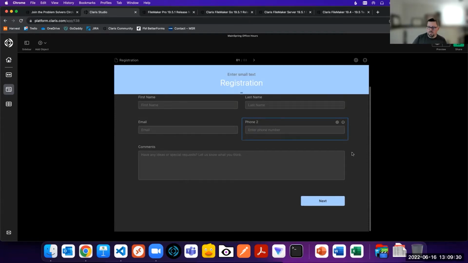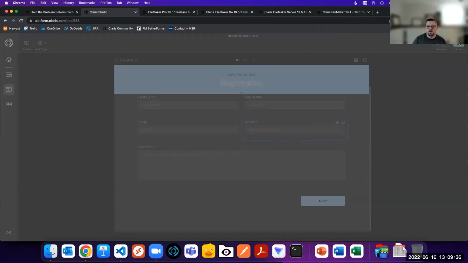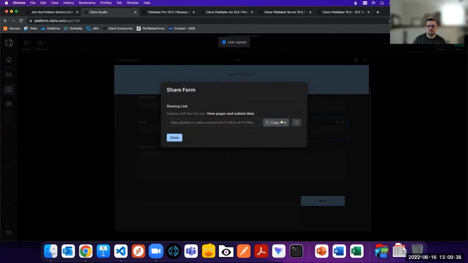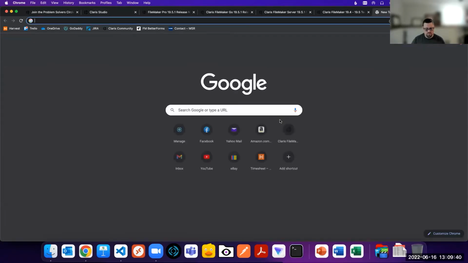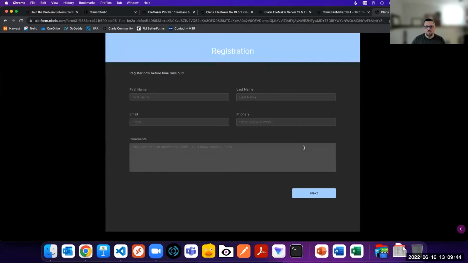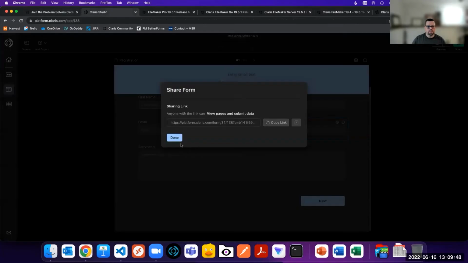And I don't need to do anything else. As I make each change, Claris is automatically updating my form, and I get a link to that form. So if I open up a new tab here, my form's already live. I can already use my registration form. And as I slowly build this out,